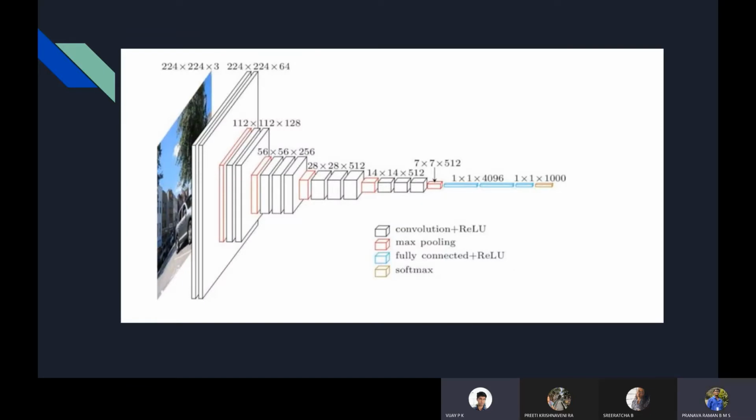We can now see that the input shape of the VGG16 is 224 by 224 by 3. It can also have a different shape, but in this project we use the same shape. This is followed by two convolution layers, then the max pooling and a series of convolution layers. At the end, a flat fully connected layer is added, and also a softmax is added. Since this model has been trained on the ImageNet dataset, it has 1,000 outputs. But since our project has only one output, we removed that output layer and added a new output. So that's the architecture of the VGG16.